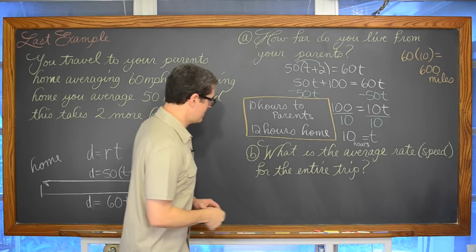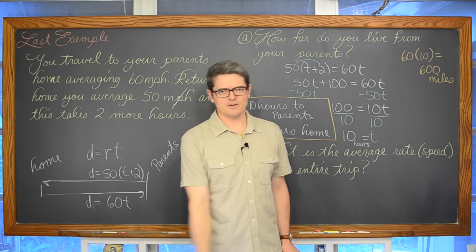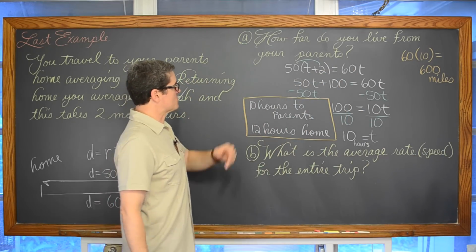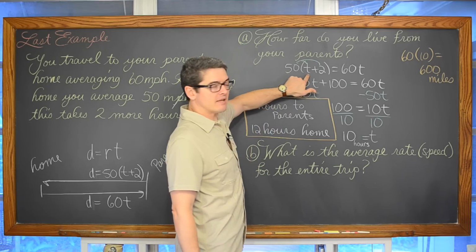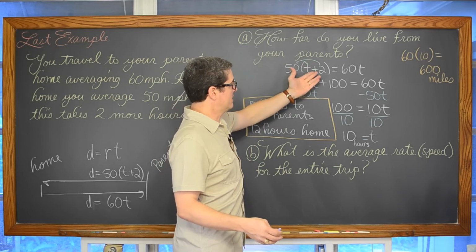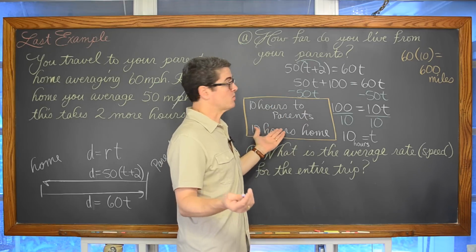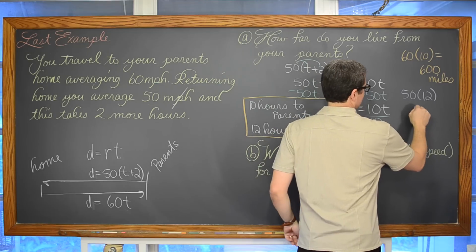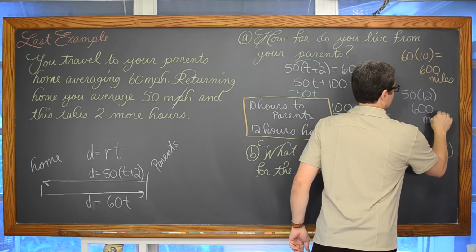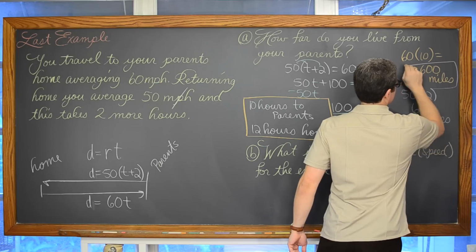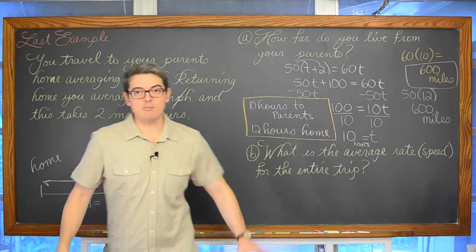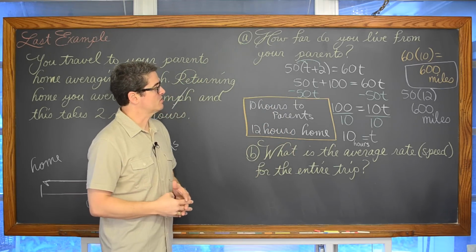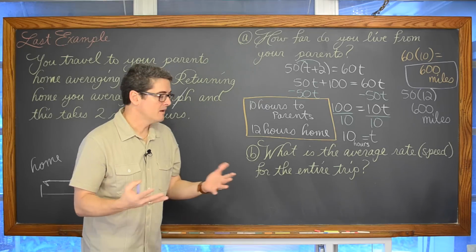And if I really want to make sure that this is right, so again, if I want to make sure I'm absolutely correct, we said it was 12 hours to get home. So I can keep that value of t, which of course is 10, or I have the 10 plus 2, which is where I got the 12, and 50 miles an hour times 12 hours, again, that is going to come out to be 600 miles. So I have not only answered the question, yes, in this particular problem, if this were the scenario, you live 600 miles from your parents' house, but by doing it to both of these expressions and making sure I get the same answer, I've checked my answer.